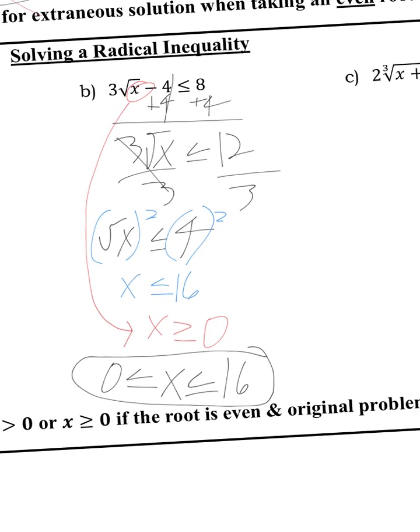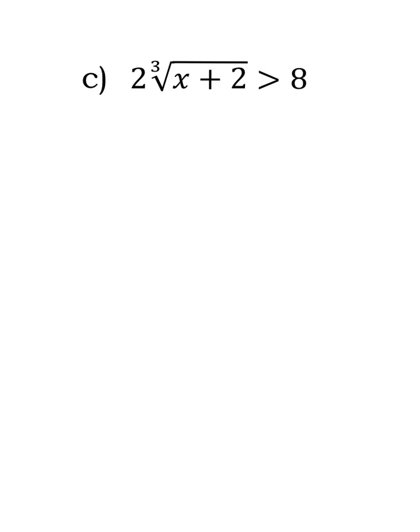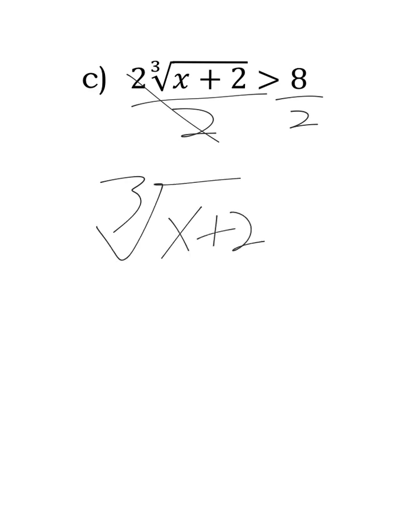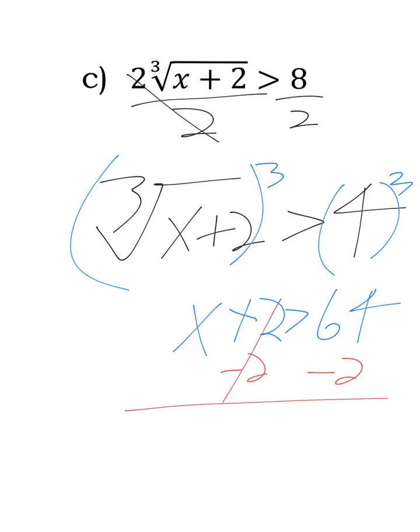All right? So on letter C, there's only going to be one answer because it's greater than and cube root. But you got to get rid of that 2 on the outside. So the cube root of x plus 2 is greater than 4, so I'm going to cube both sides. 4 cubed is 64. x plus 2 is greater than 64. Well, minus 2, and so x must be greater than